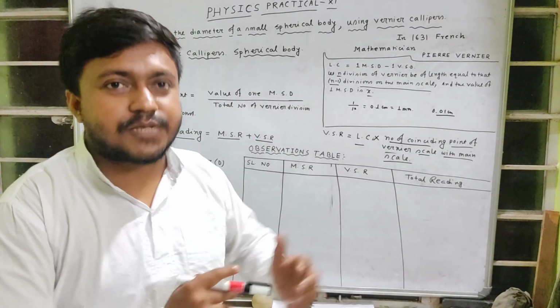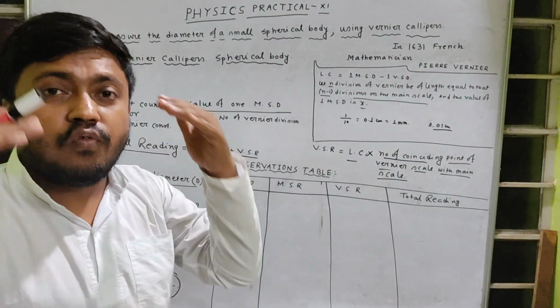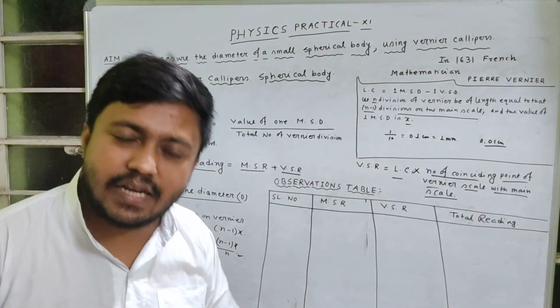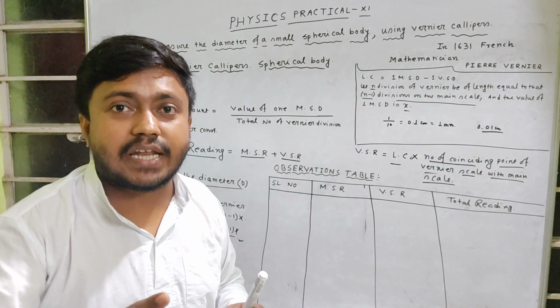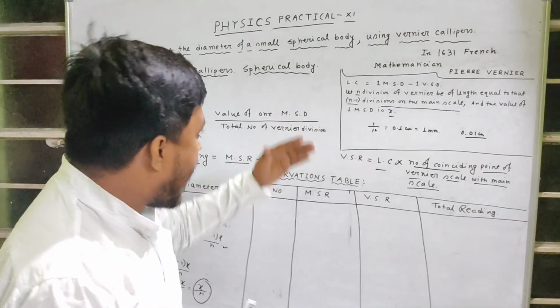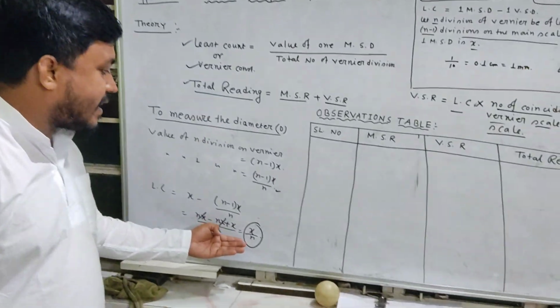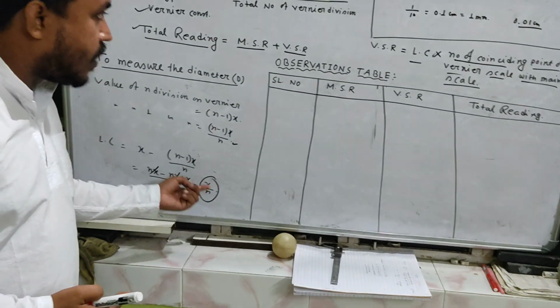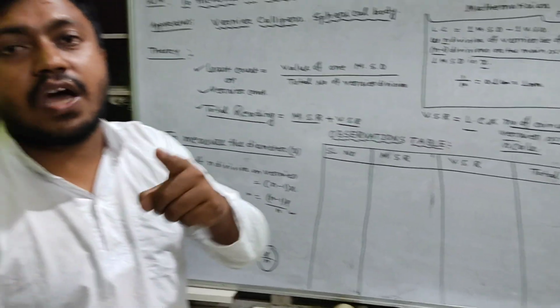So today, up to this, before I finish my class, I will revise all the parts. Dear students, today our target is to find the diameter using vernier calipers. Before starting the experiment, first we find the least count of this device, and we can find the expression. What is the expression for least count? That is x by n. Here x means the value of one main scale division, and n is the number of vernier scale divisions.